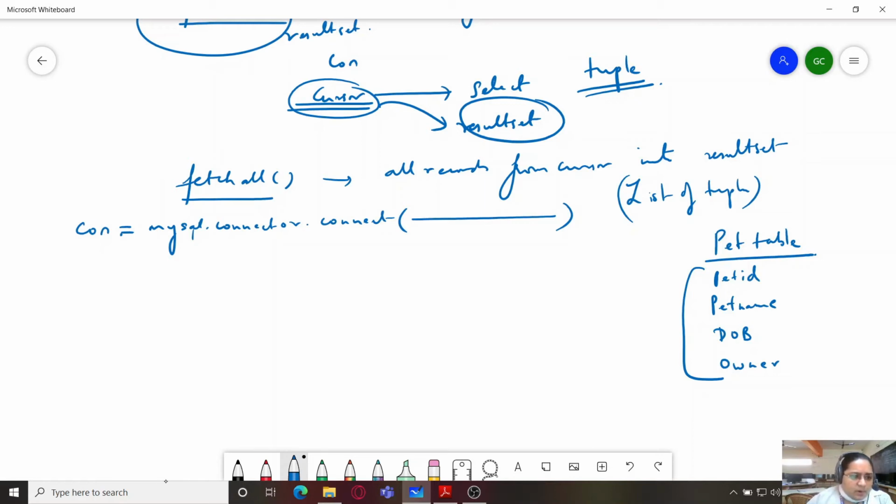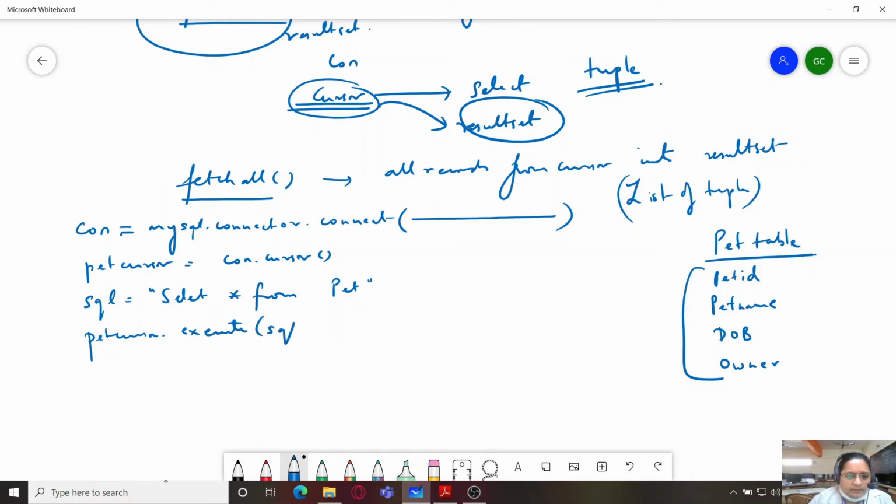Then you can form a cursor like pet cursor equals con.cursor. Now you can form an SQL, select asterisk from pet, and pet cursor dot execute SQL, and from here you can form a pet set, which is the result set for pet table.